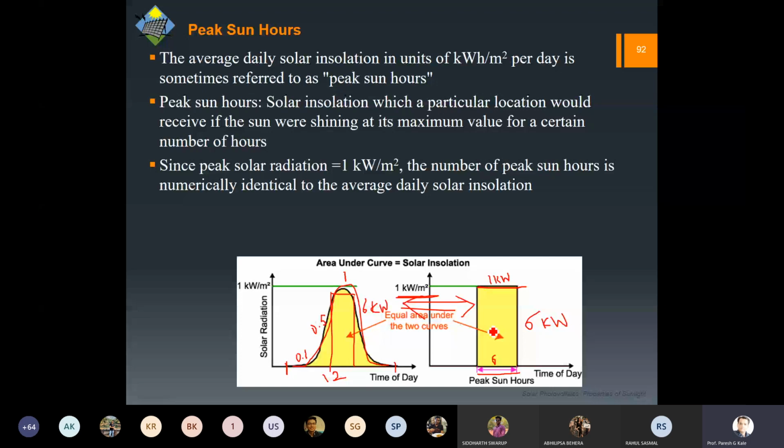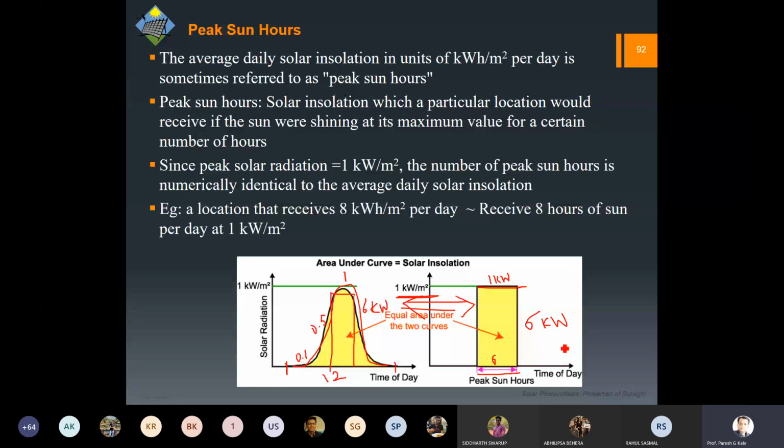So at some places, maybe in hilly places, it may be 3 hours. In the plateau, like Rourkela, we can have 6 to 7 hours or 8 hours, and at the equator it would be much higher. This is the major data that we will be asking for: how many peak sun hours we get. Simply multiply it by 1 kilowatt per meter square, and you get the total radiation.